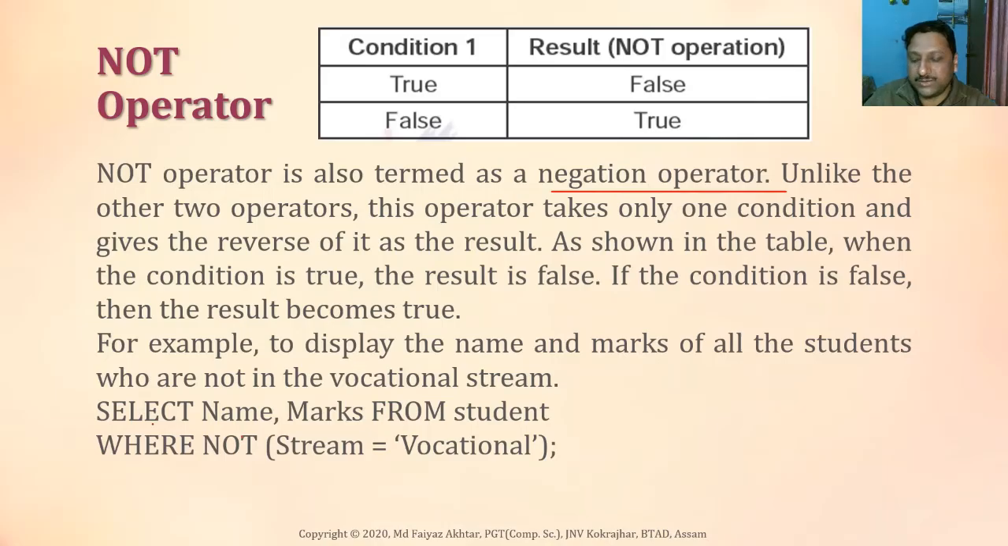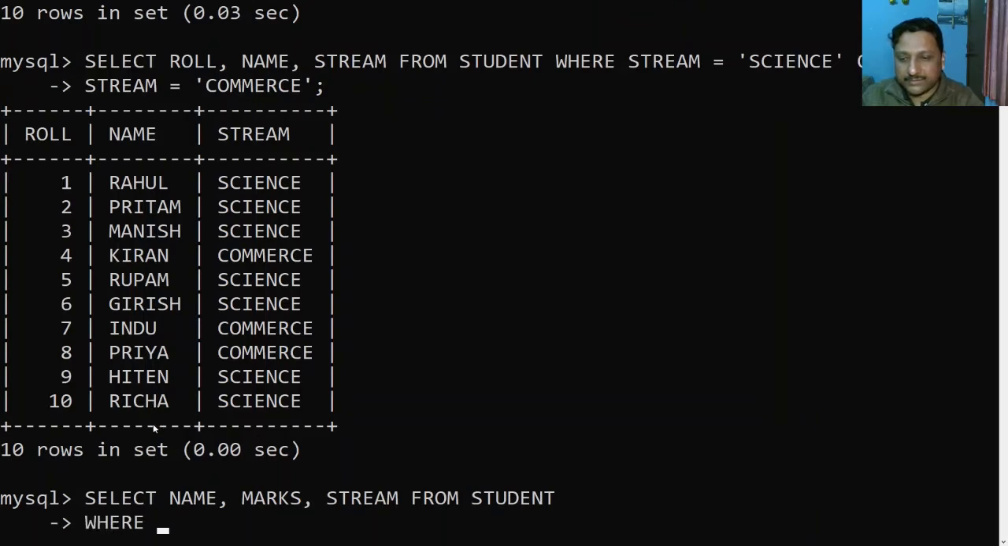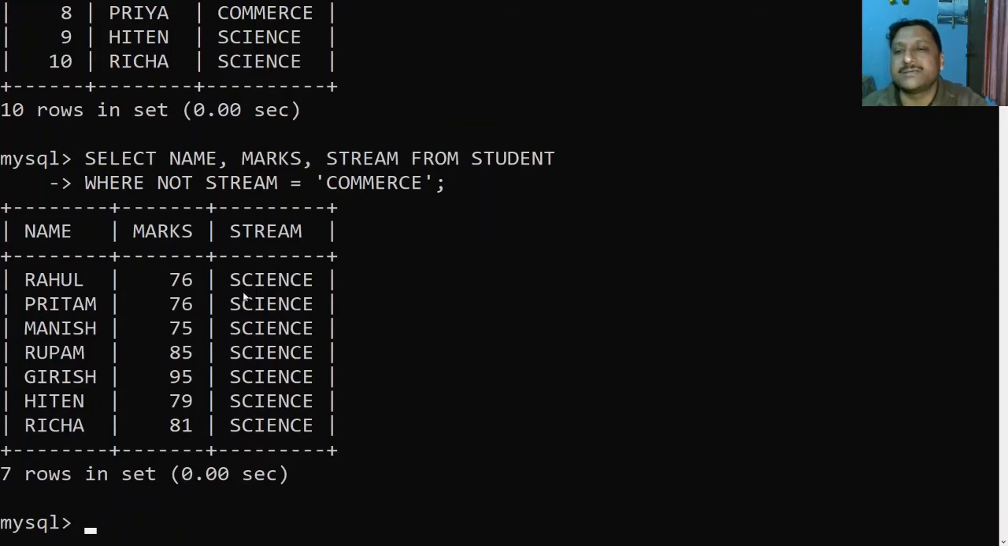Suppose you want to see example. See here, select name, comma, marks, comma, stream from student where not stream equals to commerce. Suppose commerce stream. If you don't want to see commerce stream, then science stream is displayed only, and commerce stream is not displayed because not we have applied here. Not operator we have given here. Okay,